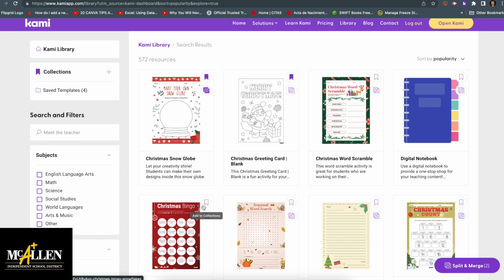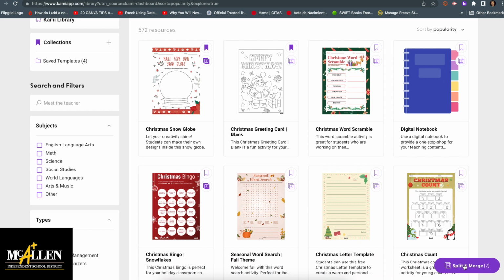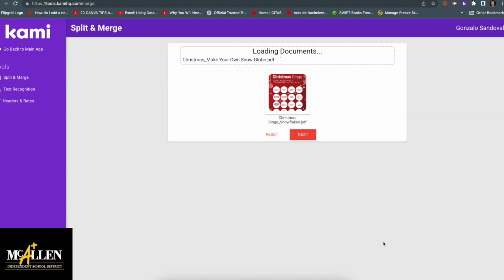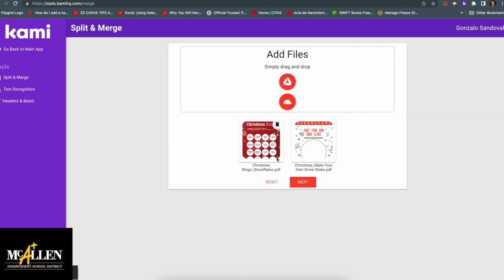Once I make my selection, I could have selected more, but in this case, I just want to select these two. Then I'm going to select this option here at the bottom that says split and merge, and notice that there's a number next to it indicating that I have selected two templates. So I'll go ahead and click on split and merge, and now I get a preview of the ones that I selected here at the bottom. And now I'm going to open in split and merge,